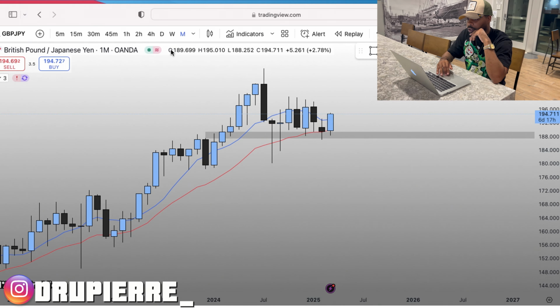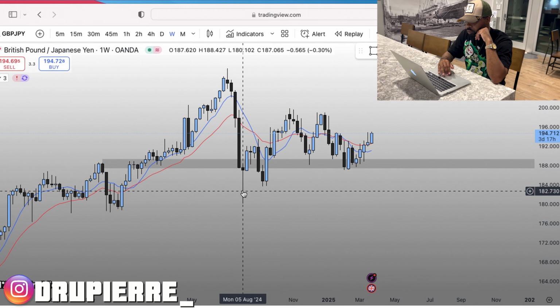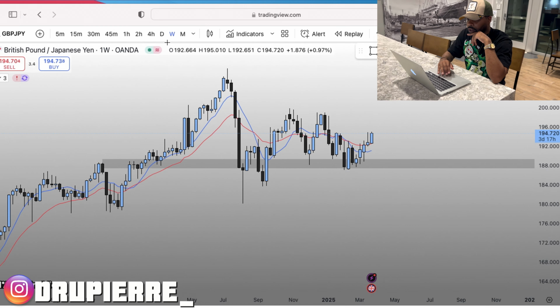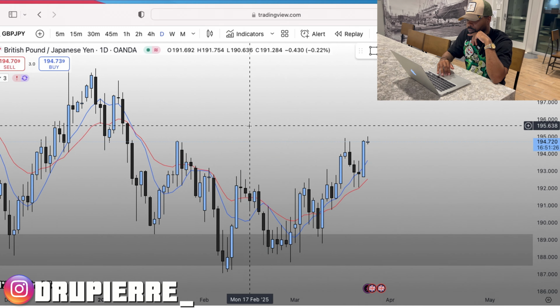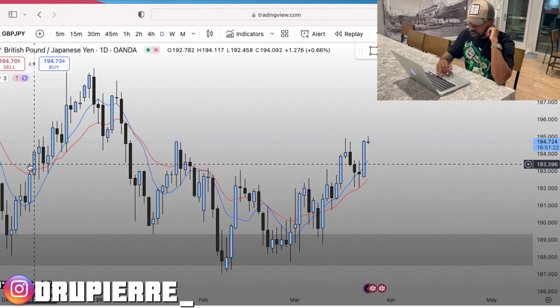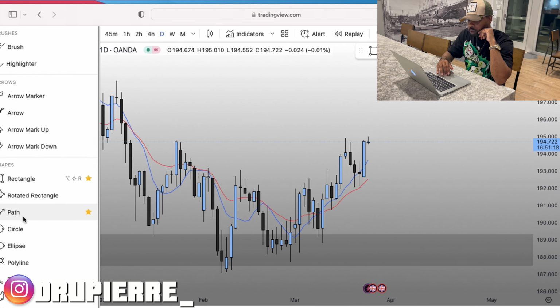So we scale down to the weekly, we can see same thing. Bullish structure being formed. You know what I'm saying? We scale down to the daily. This is where things get interesting, as we can see things in more detail on a daily time frame. You know what I'm saying? So we'll pull out our path tool again,